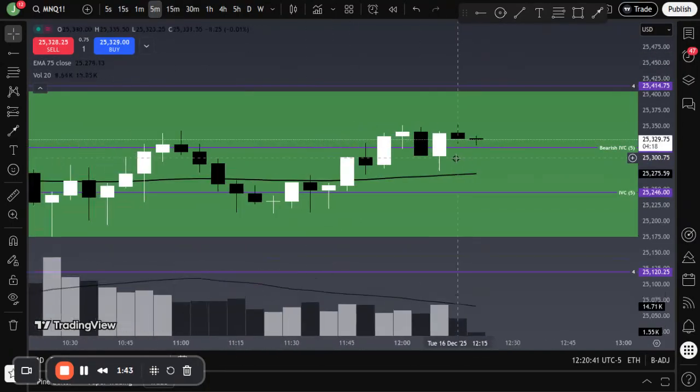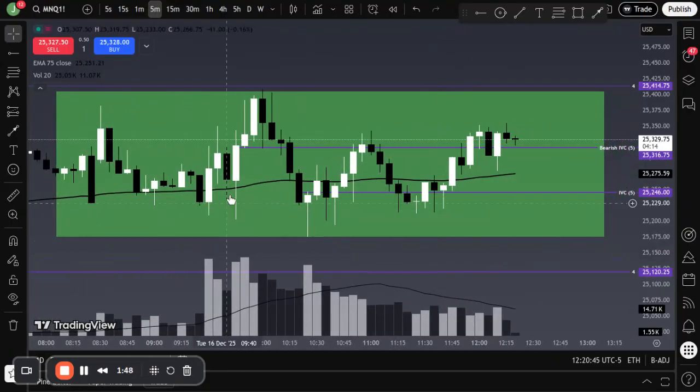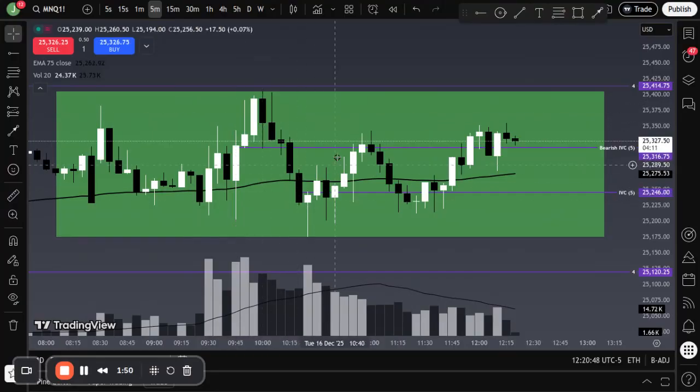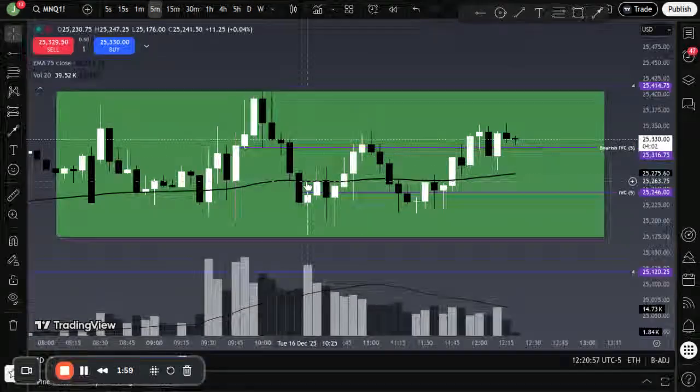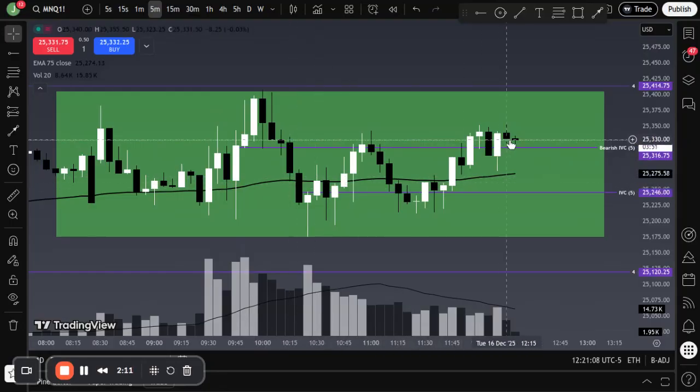You go to the 5. Now, when you go to the 5, you start to see little possibilities within this movement, right? Especially if you say, well, I want to get in long. So we got a ranging market and we have bullish PVCs. So we want to get in long. So we're going to want to see price travel to one of our bullish levels at the bottom of the range. And then we're going to want to get long at the bottom of the range,